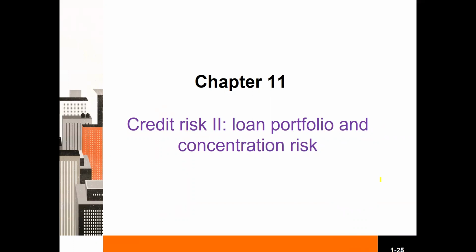In this video, we start chapter 11, which is the second part of the credit risk discussion. In this chapter, we will be mostly discussing loan portfolio and concentration risk. The model discussed in the previous chapter describes alternative ways by which a financial institution manager can measure the default risk on an individual debt instrument such as loans and bonds, rather than looking at credit risk on one